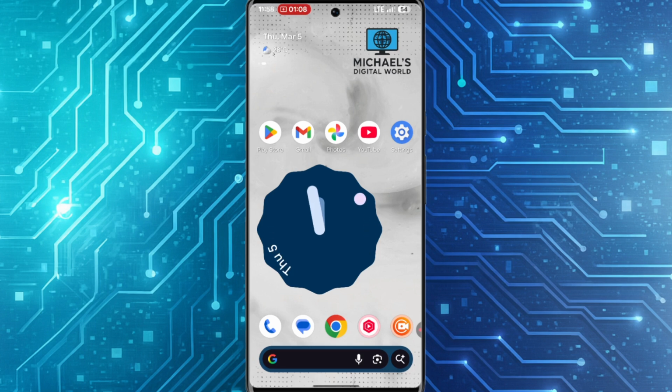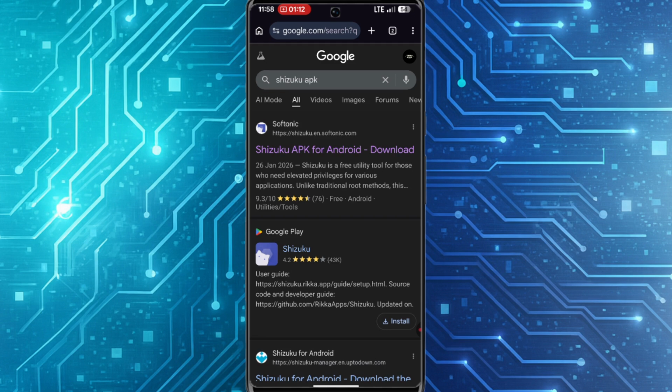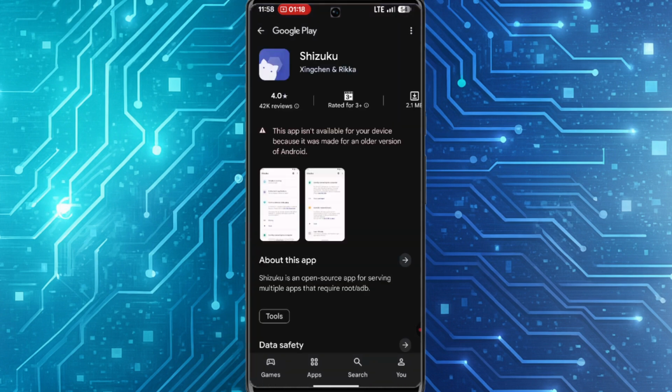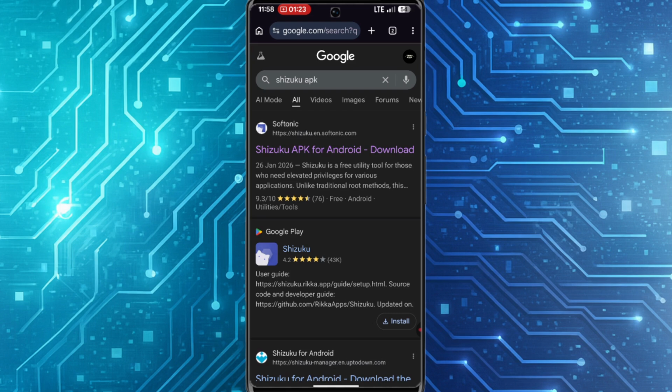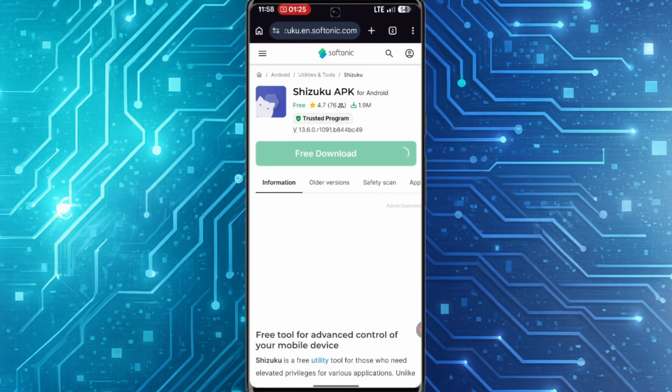Now the first thing you need to do is install Shizuku and Canta. Open your browser and then search for Shizuku APK. You'll be able to find the application on the Google Play Store. If it's not available for your device, you can tap on the first link with Soft Sonic here and it